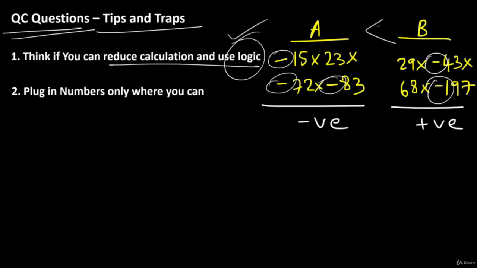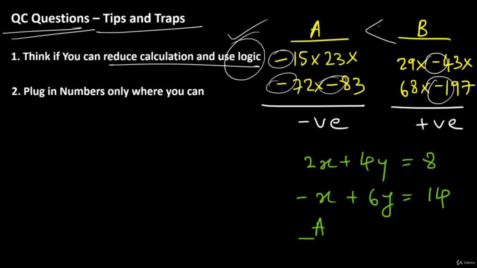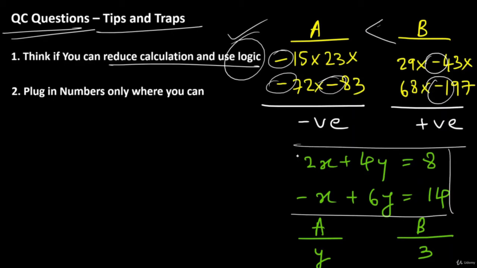right? We have seen scenarios where you cannot plug in numbers. For example, if you have a question 2x plus 4y is equal to 8 and minus x plus 6y is equal to 14. This is the question stem and quantity A is y and quantity B is 3, right? Remember, you cannot plug in numbers over here. You'll have to solve and find the value of y and then check whether it is greater than or less